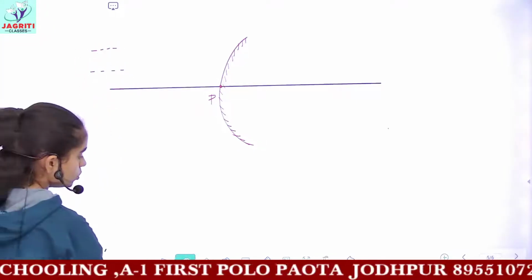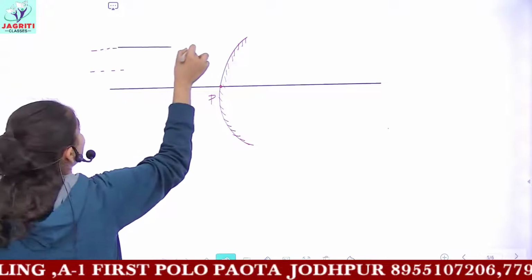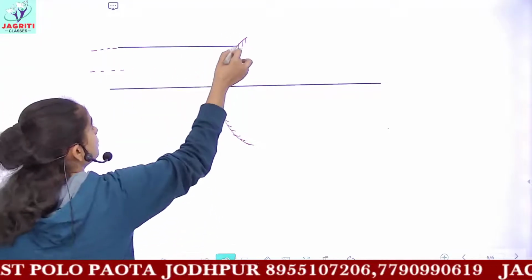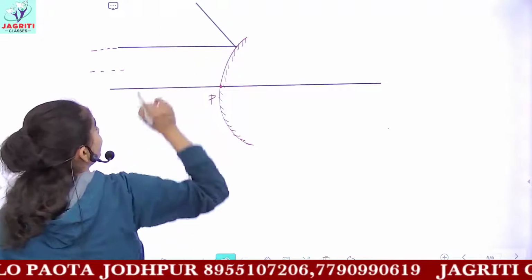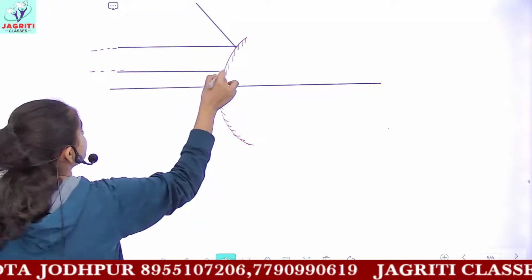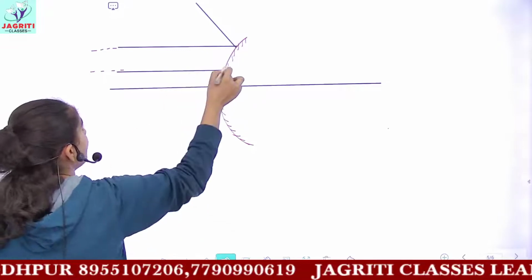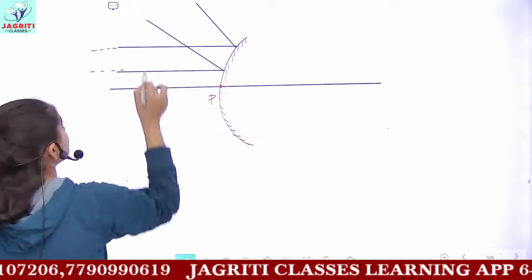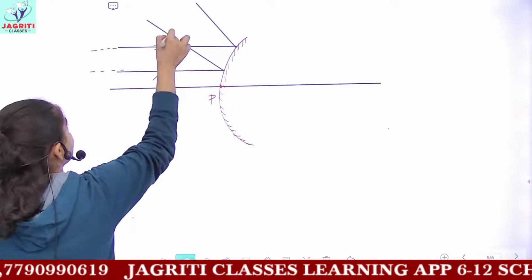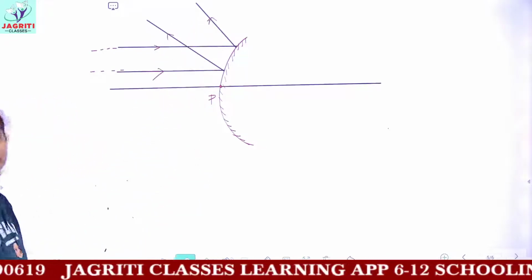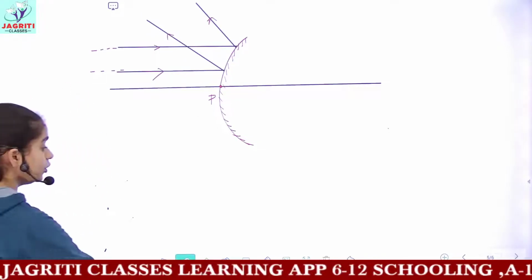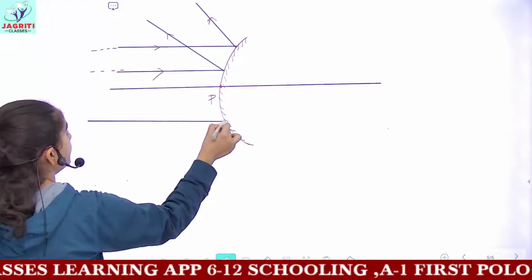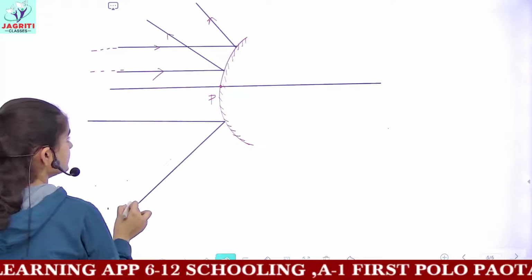And you know rules would be the same. When the light rays are parallel to principal axis, after reflection, here they would get deflected or diverged. So you have similar light rays which are coming, and after reflection, they get diverged. These are the direction of light rays. Never forget to mention the arrows because it would deduct your marks, okay, if you forget. Then you have one more light ray, and after reflection, it gets diverged.